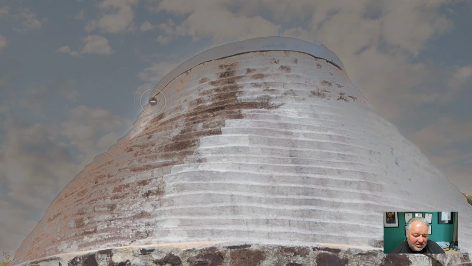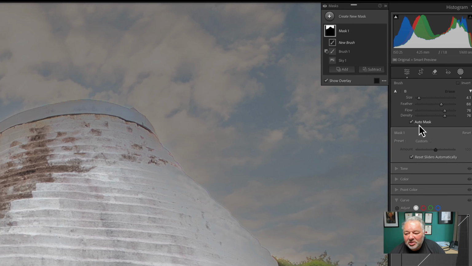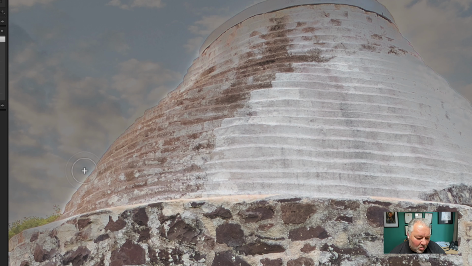You can see now it's taking it away from the area that I'm adjusting. Okay, and the harder I press, now you can see I've gone over it there. So I'm just taking it away because it hasn't made it brilliant enough. I want to go plus brush. I'm going to put the auto mask on. Wherever the plus is, as long as I don't go over the line inside the circle, and again I could go in